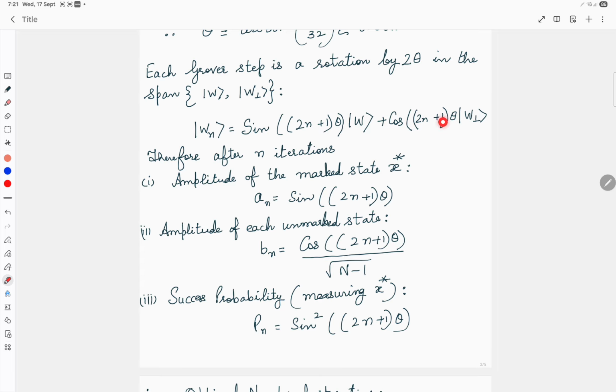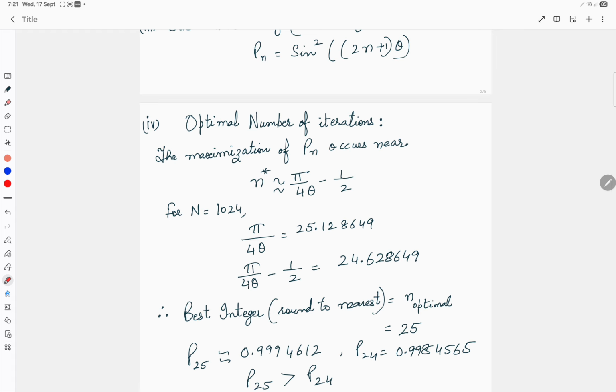after n iterations. This will be equal to this formula, and from here we can calculate the amplitude of the marked state, and the amplitude of the unmarked state, which is basically all the states except the w state, the target state. From here we can find the probability, which is basically the amplitude squared. So this is our marked state. The amplitude is given by sin((2n+1) theta). If we take the square of this, it gives me the success probability for